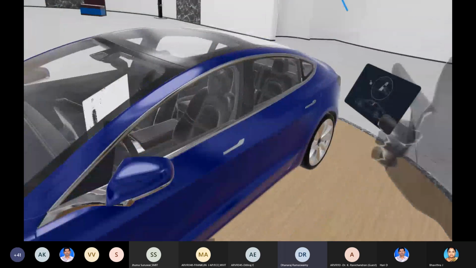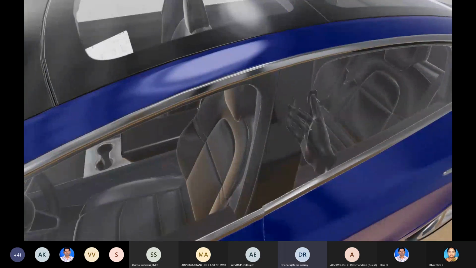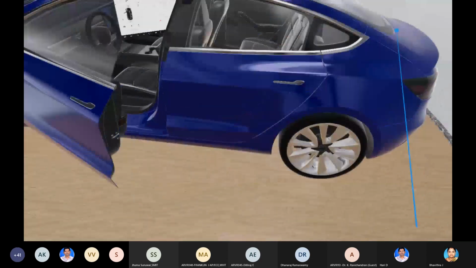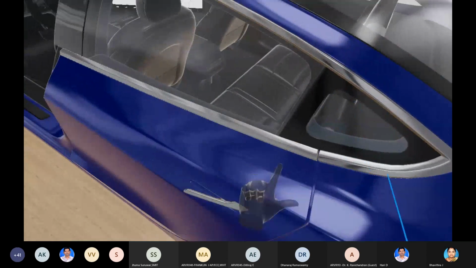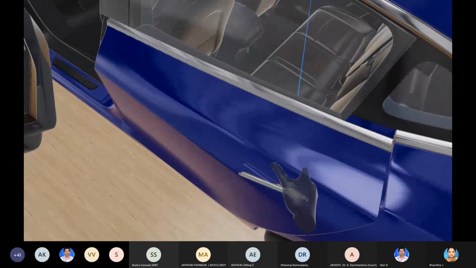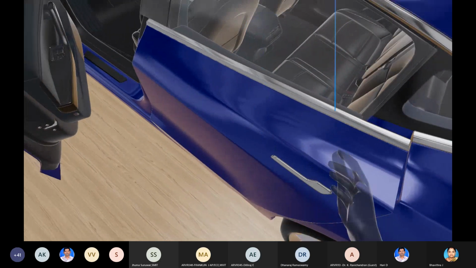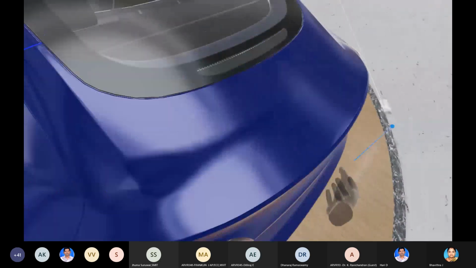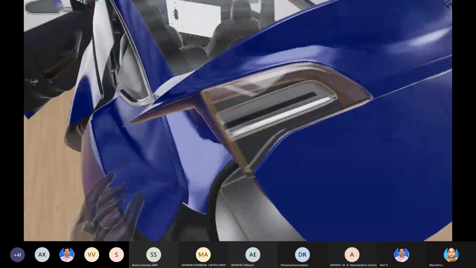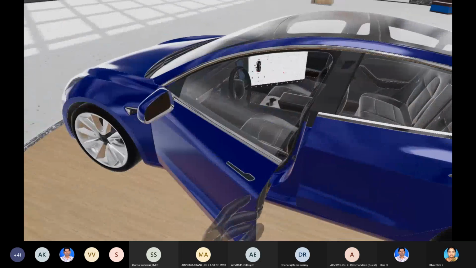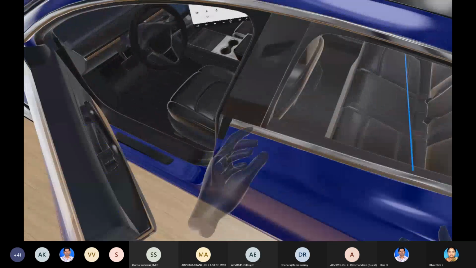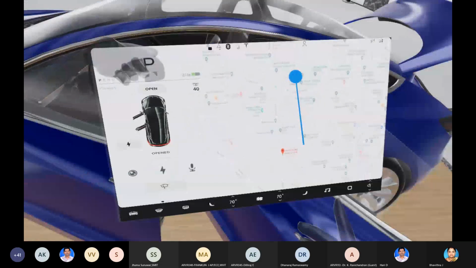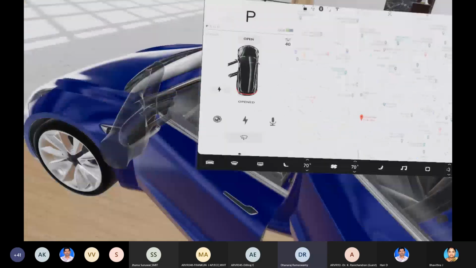Now I unlock the car and open the doors, etc. This is the Model Y car system.